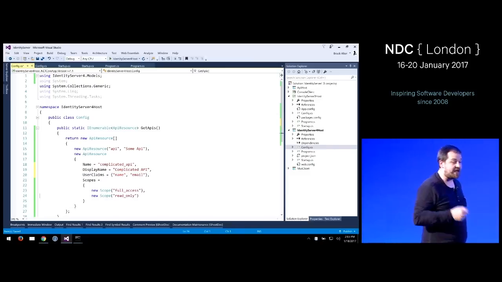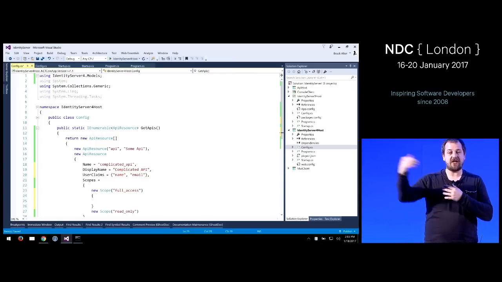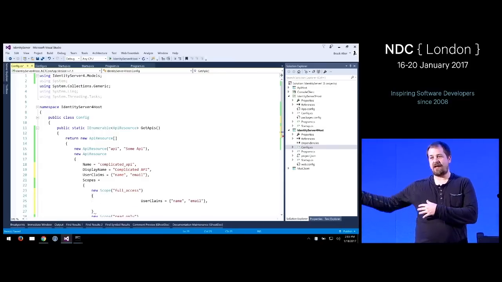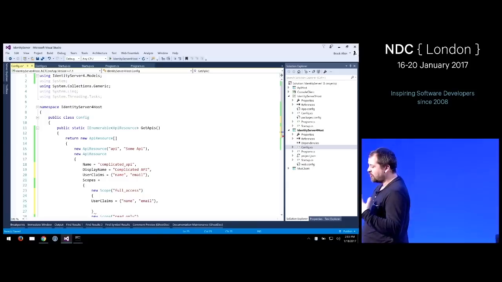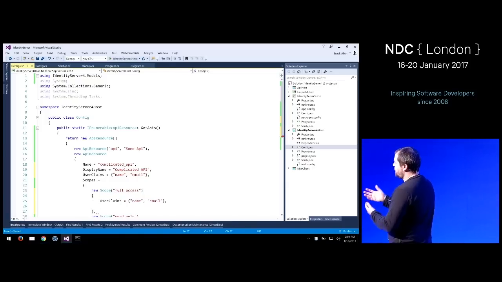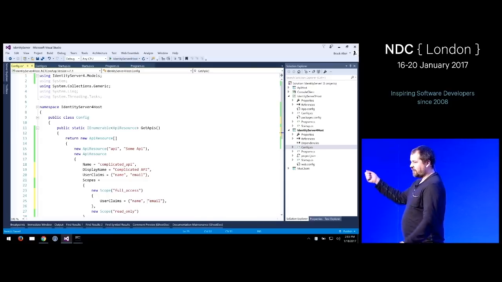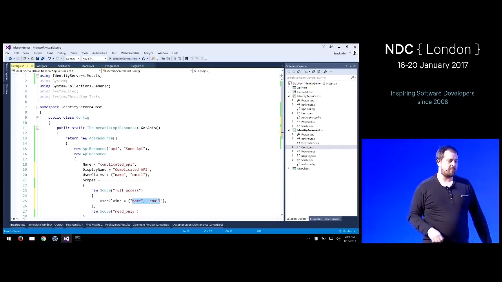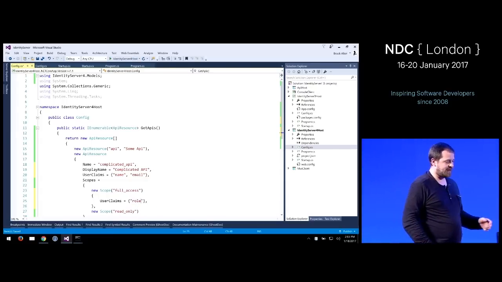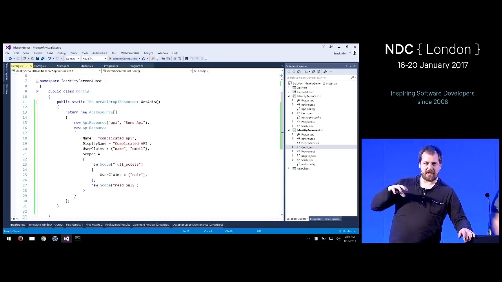But you can also now configure, if the client is asking for full access, in addition to that, to add another claim, one that would only be included if the client is asking for this additional scope. Okay, so yeah, this model we think simplifies how you can model APIs in IdentityServer.